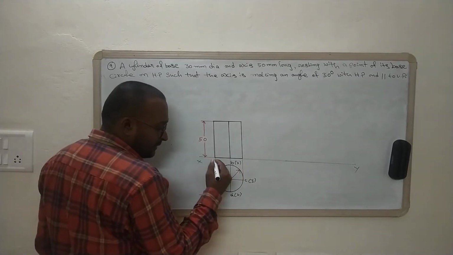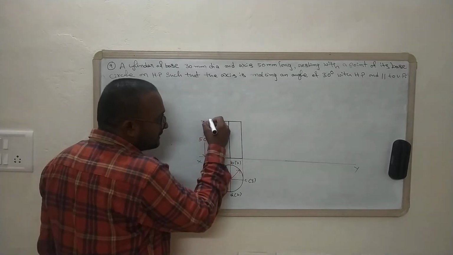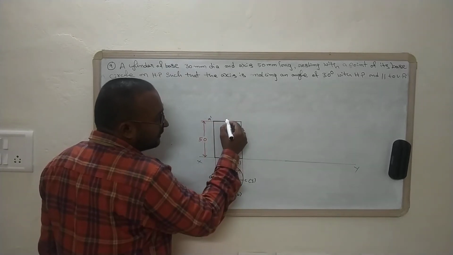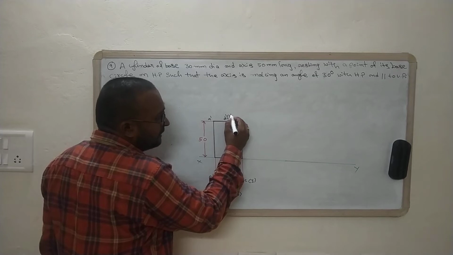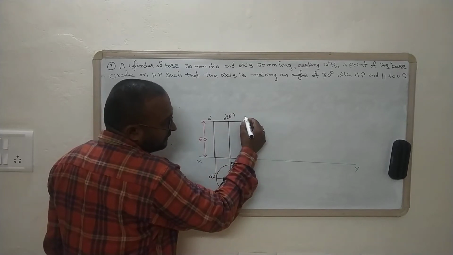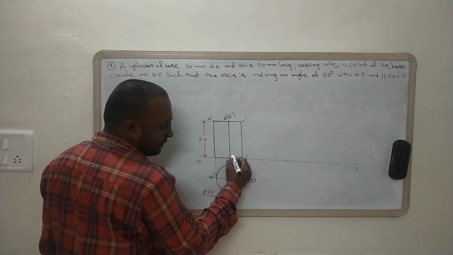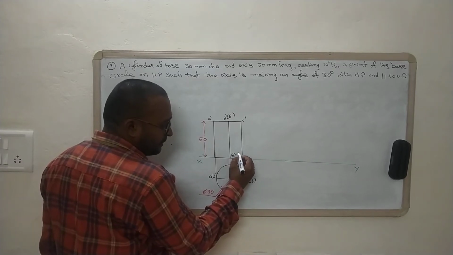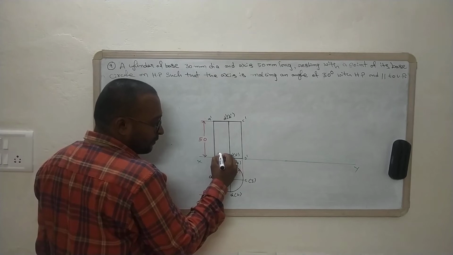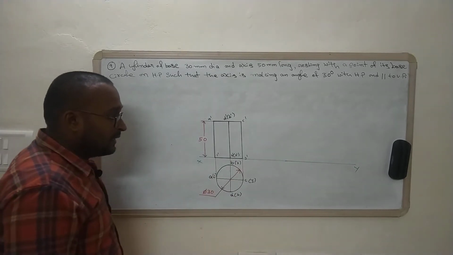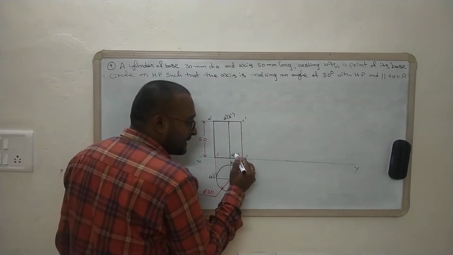So here that is A dash, D dash, B dash, C dash, 3 dash, 4 dash, 2 dash, 1 dash. And then we need to rotate that 90 degrees towards the right side or left side,